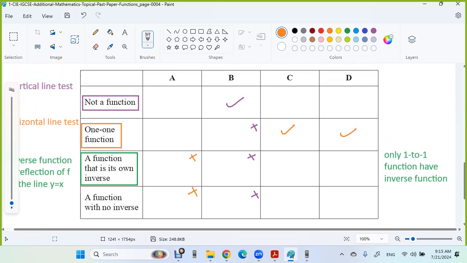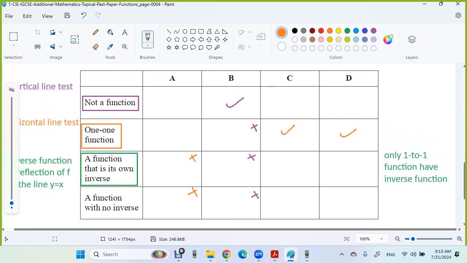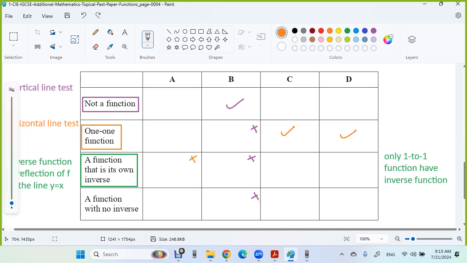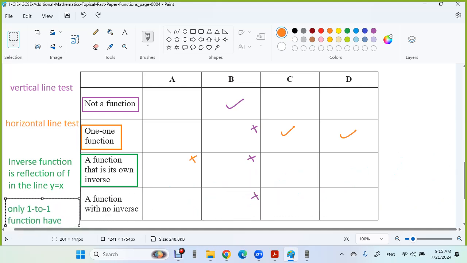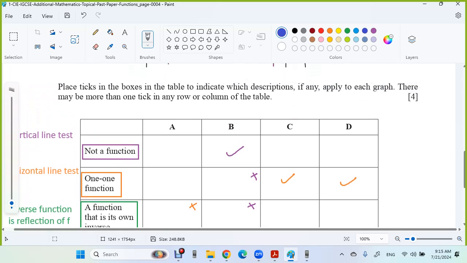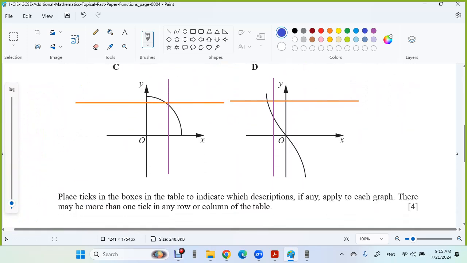So no inverse, this one has no inverse. Only one-to-one functions have inverse functions, so this one will be here. It is not one-to-one, so it has no inverse. And then the inverse function for this one,